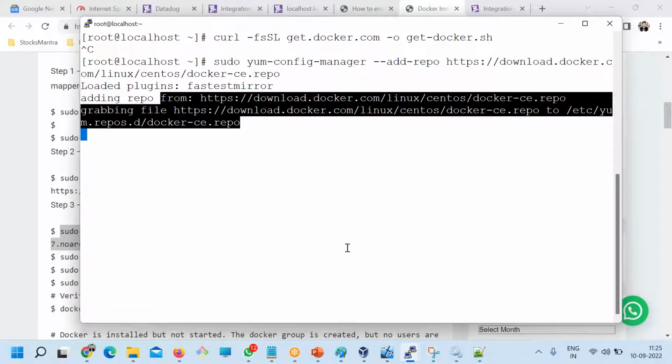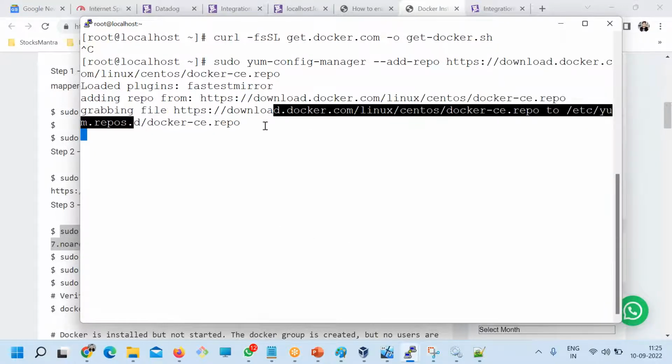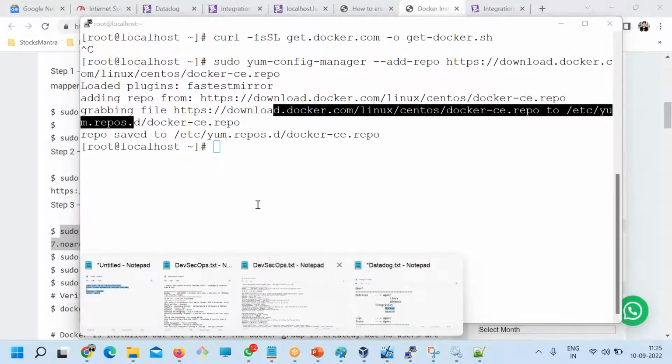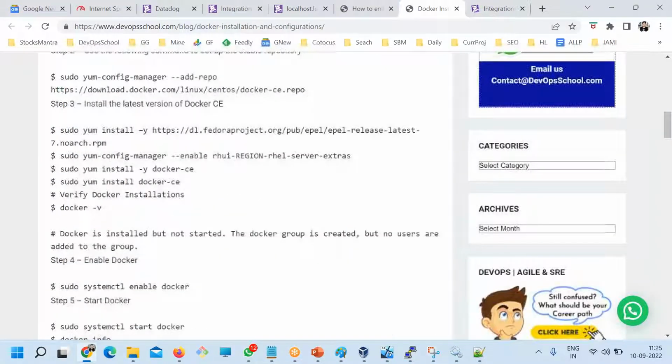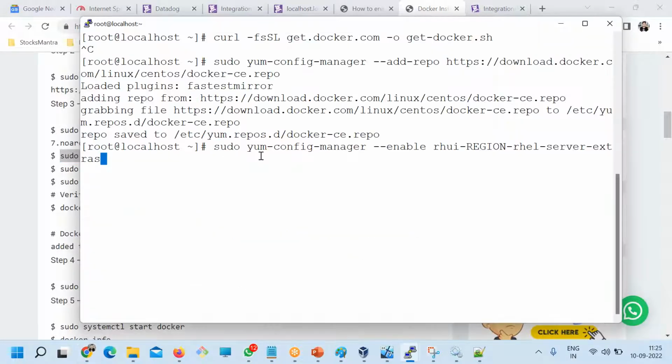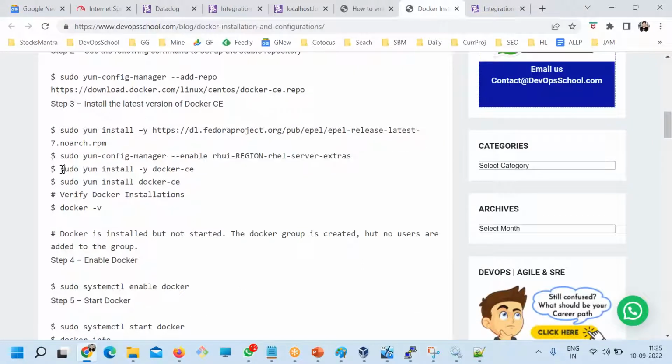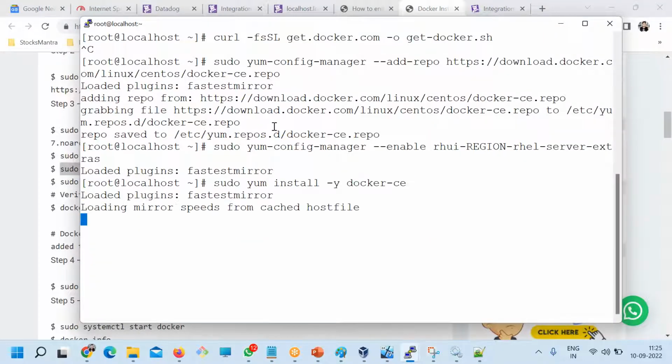Okay, I'll do one thing. I'll pause this Docker and skip it for some time. I'll come back to it. Okay, done. Let me try this command also. This command will install the agent. If this command is installed successfully, then everything is good. So this is the installation command.